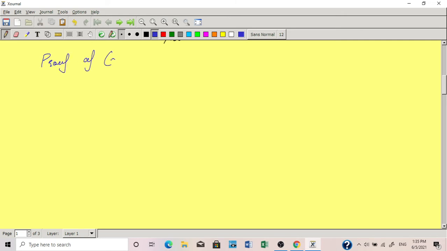Proof of Cauchy mean value theorem. Okay. यहाँ पे भी हम जैसे हमने लैग्रेंजेस मीन वैल्यू थ्योरम में रोल्स थ्योरम को यूज किया था, यहाँ पे भी हम रोल्स थ्योरम को यूज करेंगे। यहाँ पे भी एक फंक्शन डिफाइन करेंगे। Define a function